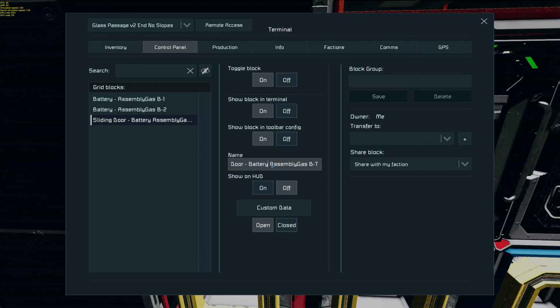So this is door, oh darn, assembly gas B lock inner. Okay, which I do need to change, or sorry, B lock outer. Technically, it's